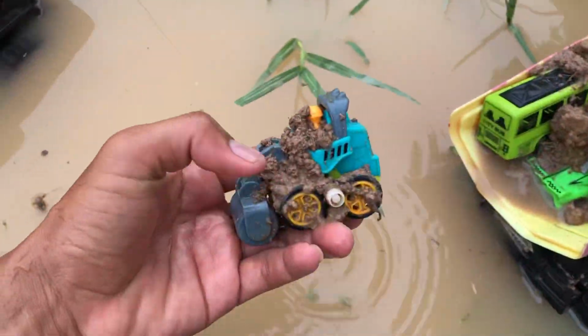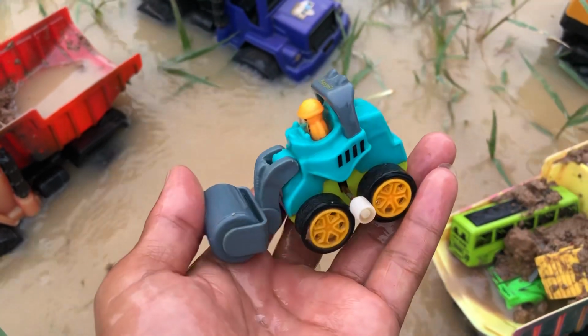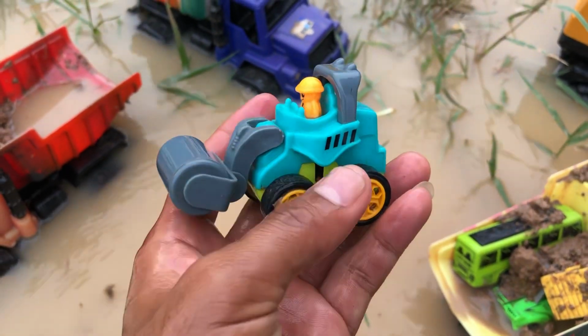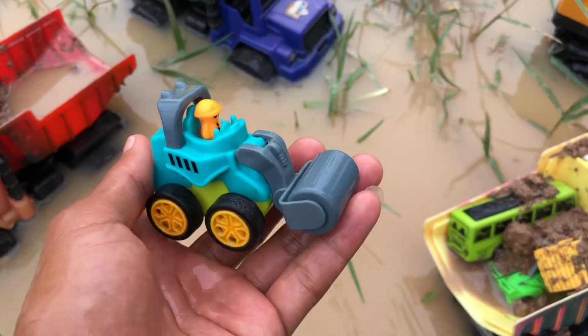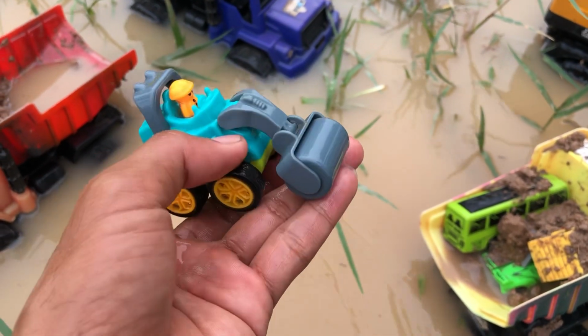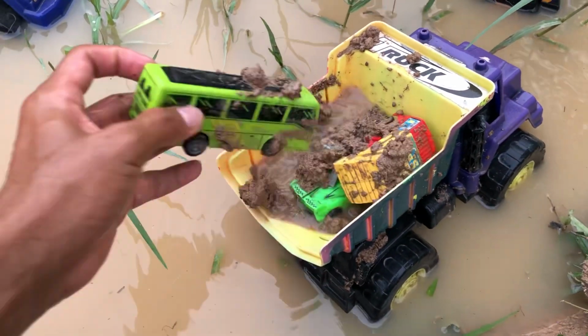Now check the next one. About this one, I don't know its name in English. This one we use to press soil. The next one,